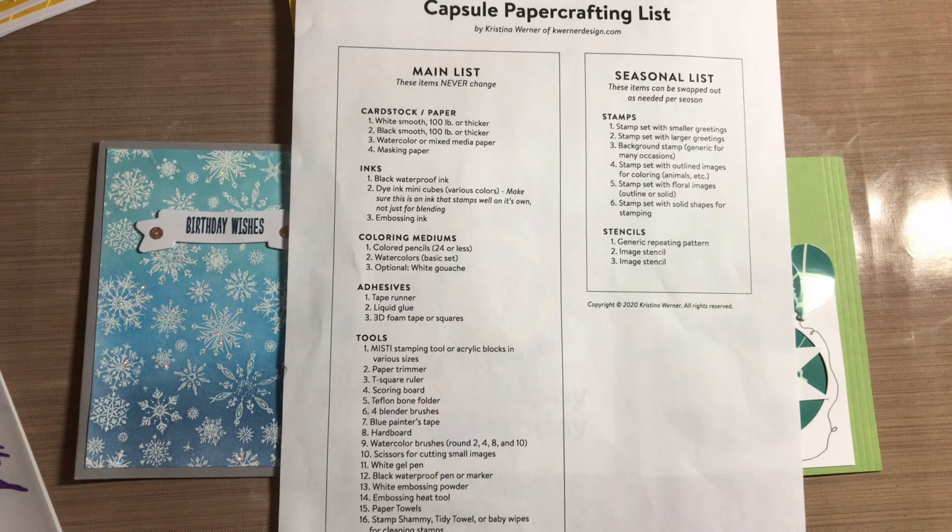Let's see. Another one was Midge's Mountain Crafts. And what she started, a trend with a few YouTubers I noticed, was YouTubers just announcing their top 10 crafty goals. To my knowledge, no further plans to follow up in a timely basis and say, well, this is how I'm progressing and this is how it is. Some people said that they would just figure it out at the end of the year how they did or something like that. But I thought I'd give her a shout out because a lot of people responded to that,